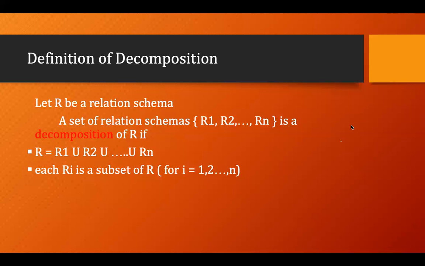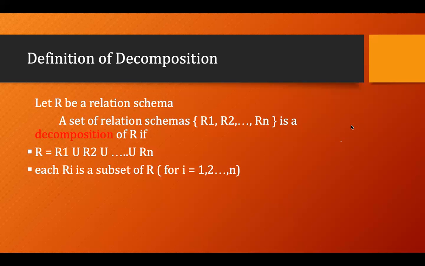And definitely if we have big tables, we will get some anomalies. Anomalies means some problems. The anomalies have been divided into three categories. The first is the insertion anomaly, the second is the deletion anomaly, and the third one is the updation anomaly. Okay. So about those anomalies we'll see in some later classes,